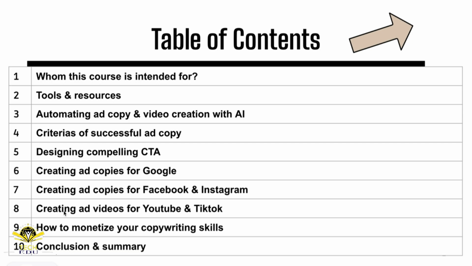Let's move on to chapter 9, how to monetize your copywriting skills. So after learning all these skills and knowledge, how to automate copywriting using AI, how to utilize text to ads AI generator, text to video ads AI generator, you're going to learn strategies that you can implement to potentially make you money, right? To monetize these skills. Maybe start freelancing work on freelancing platforms like Fiverr or Upwork, or maybe you can consider starting your own social media marketing agency. So yeah, we're going to talk more about those business models in chapter 9, and let's